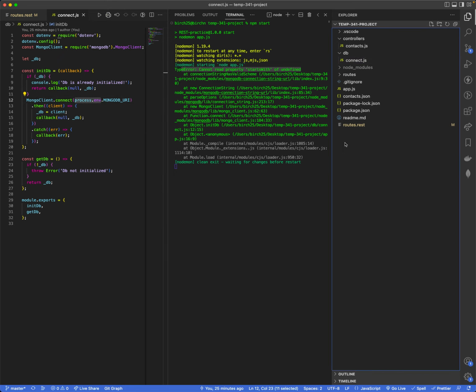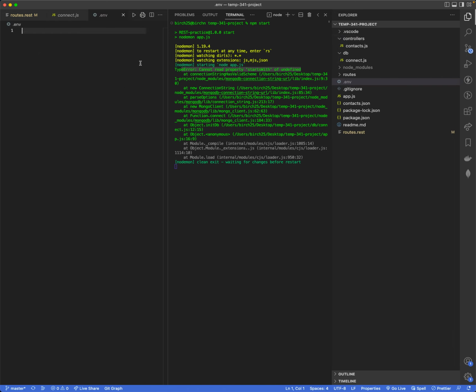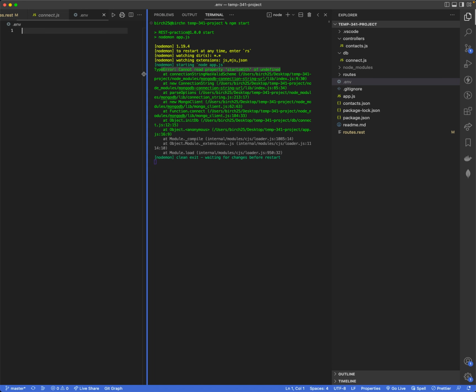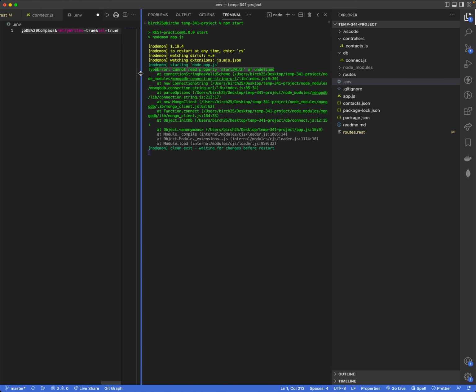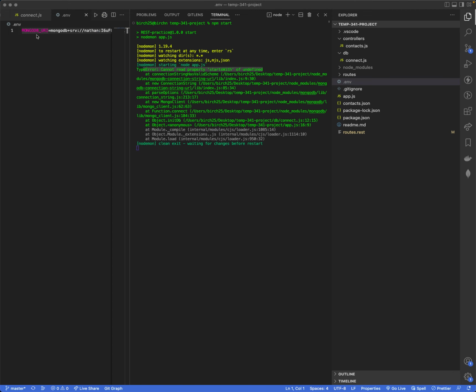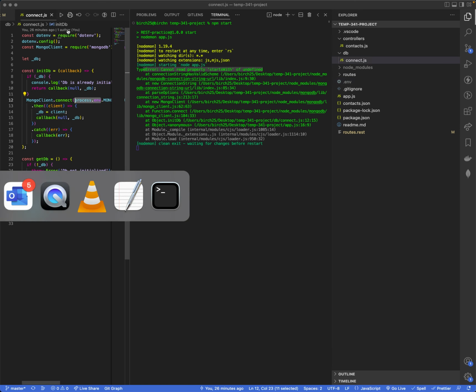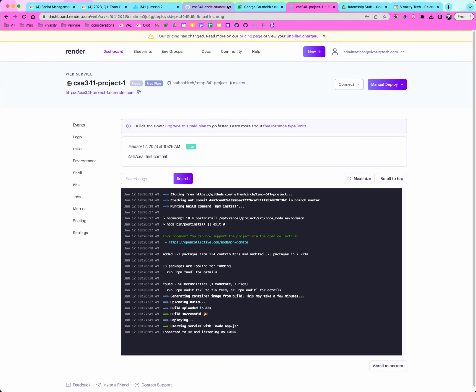Okay, all I have to do to fix this is create a .env file, and then in this environment file, I'm going to make a connection to my database. All this needs is a variable called MONGODB_URI equals, no spaces, and then my connection string that I get directly from MongoDB. If I grab that, so if I go over to MongoDB,